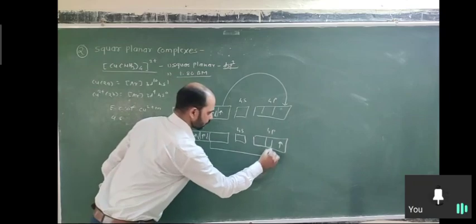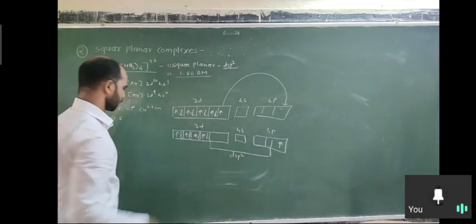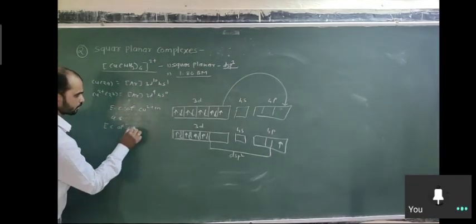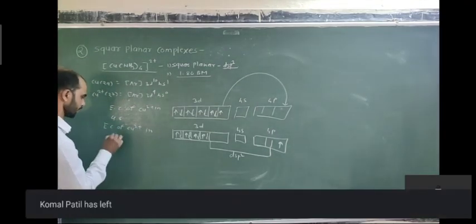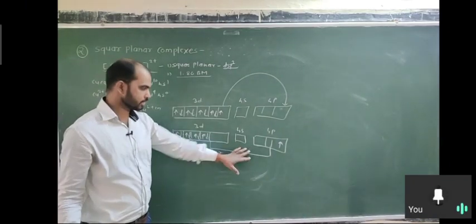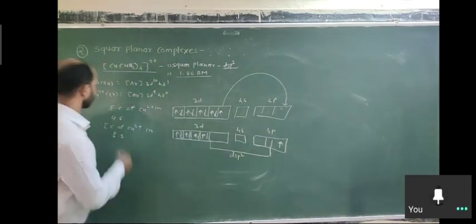That means it undergoes dsp2. Now we will have to explain it this way, but what about VBT? So you can write here the electronic configuration of Cu2 plus in the excited state. Using this we write here, so in Cu